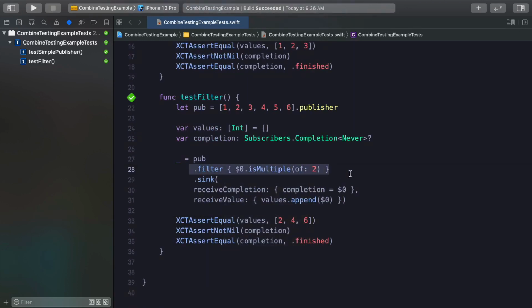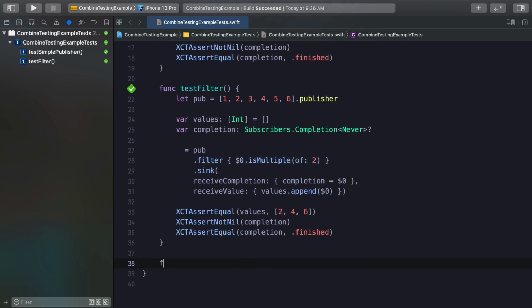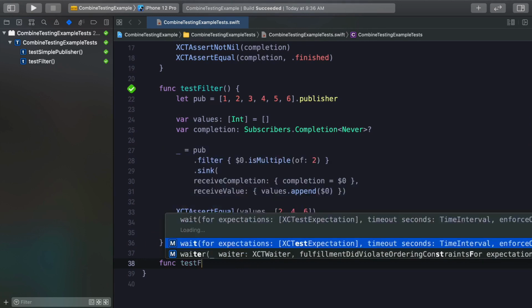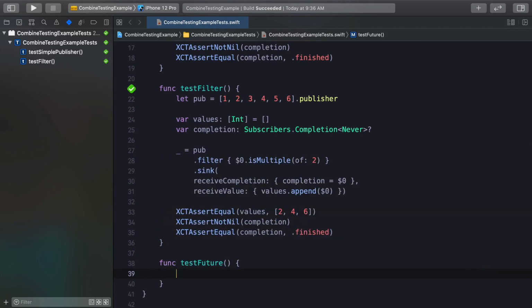So it's important to note that this is essentially testing the filter operator, but we are exercising this block, which is our custom logic. So in this case, it does make sense to test that we have implemented the filter operator correctly. Next, let's do a test here where we'll say, test future, and we will first create a publisher